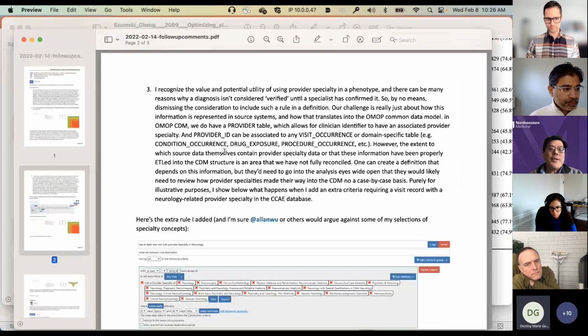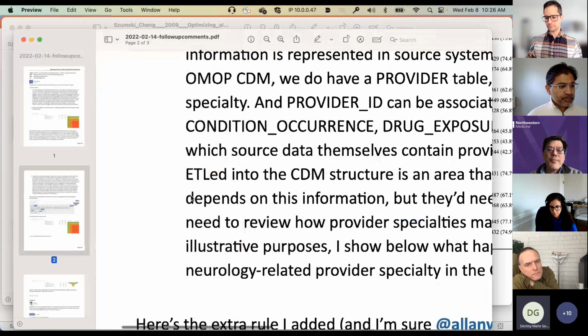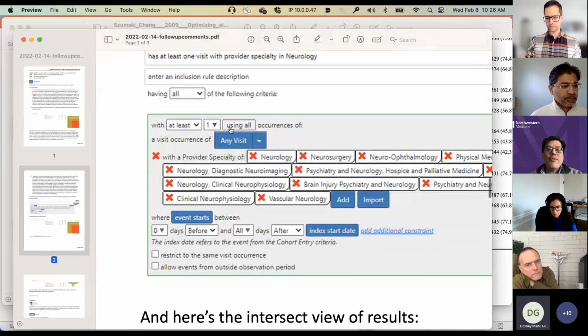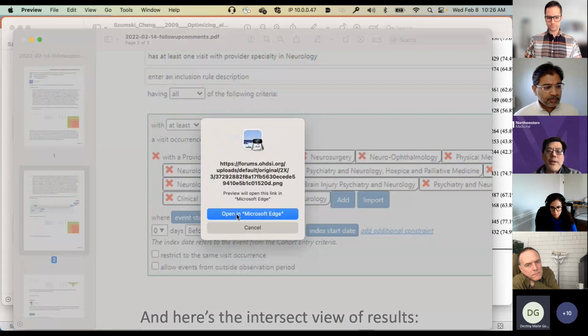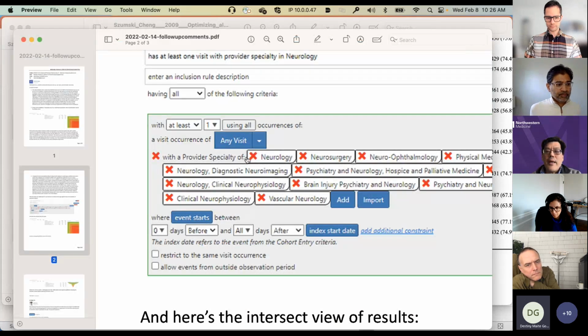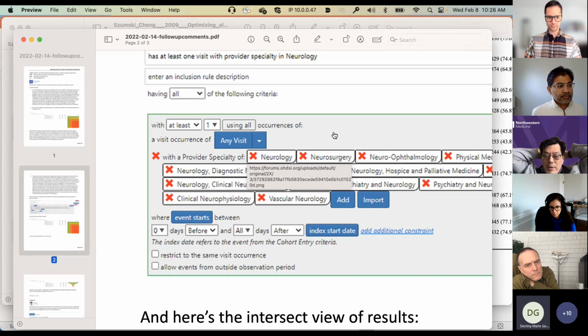So Patrick had posted this last year. And so leveraging visit and linking to provider specialty, which is probably going to be variable. And I think there is some value in just seeing how well people are using this in their OMOP instances. And there could be some, for example, we have access to our own data set. We don't have Atlas up and running yet in our local set, but I can curate something in Atlas where